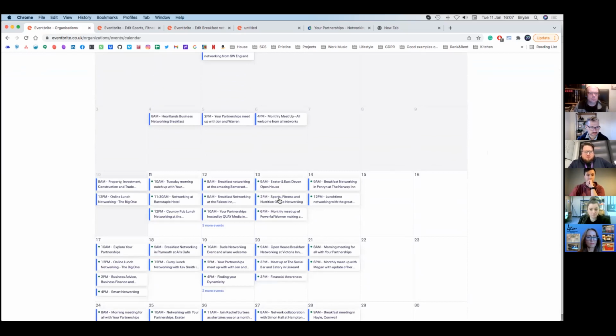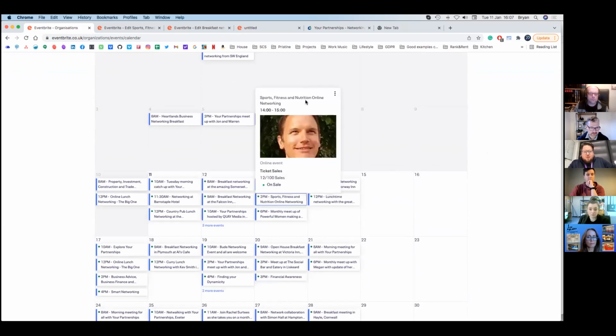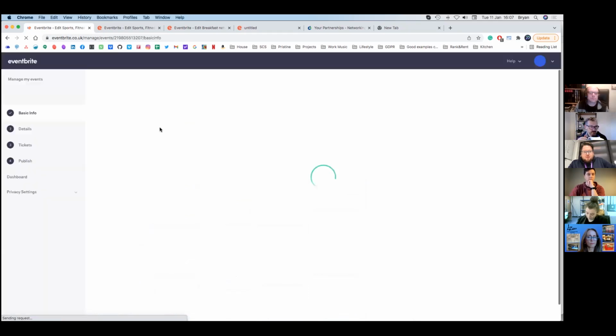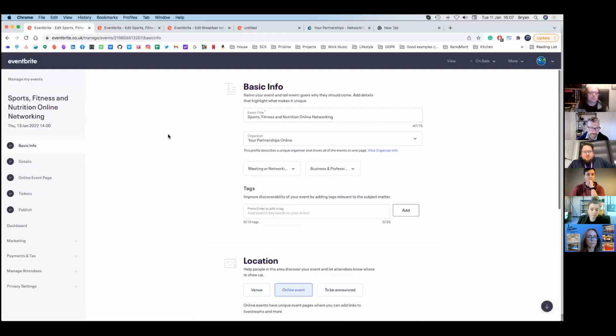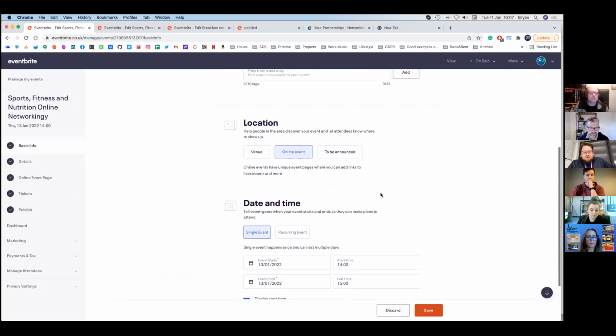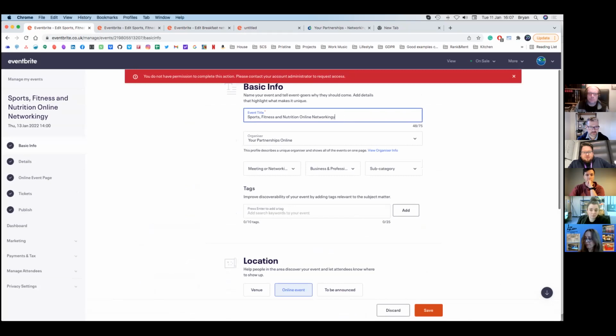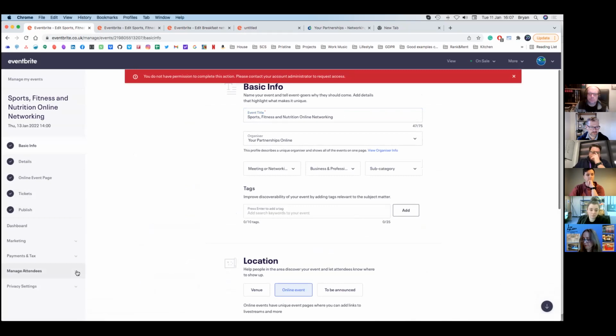So this is an event that's not recurring. It's just a one-off. And if you click on it and go to edit event, you aren't able to actually edit much of the event. So obviously, please try not to edit these details. I think when you try to, you'll see that it will not permit you to. I'm just going to move this out the way. I try and save this, it doesn't let me. So the good thing is you can't make any changes in here, but what you're interested in is the manage